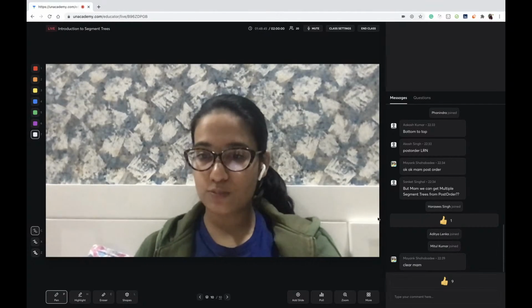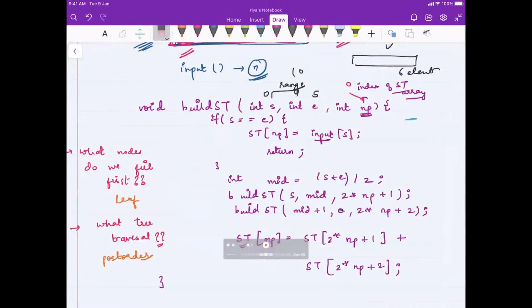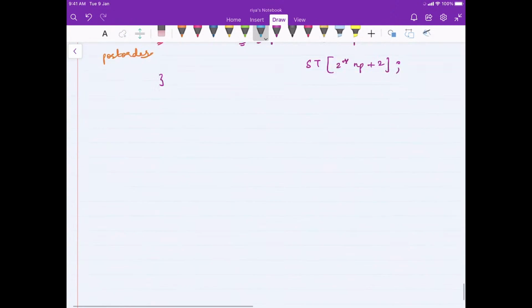Sanket, do you think that is possible? Can you get multiple segment trees? Is there anything called multiple segment trees? मतलब अगर आपको एक एरे दिया हुआ है और अगर आप इस तरीके से बिल्ड कर रहे हो, can you get that? Let's say